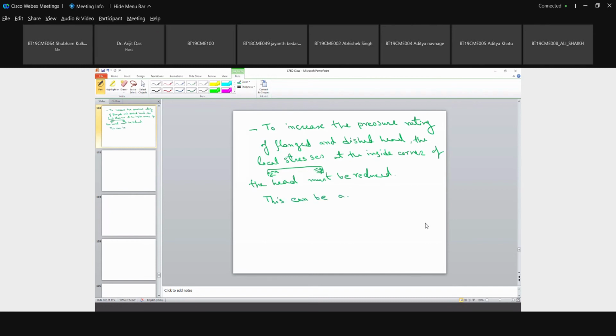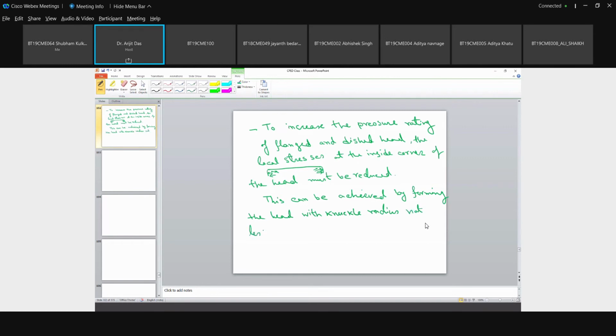This can be achieved by forming the head with knuckle radius, which gradually changes the direction, not the abrupt knuckle. Okay, with knuckle radius not less than